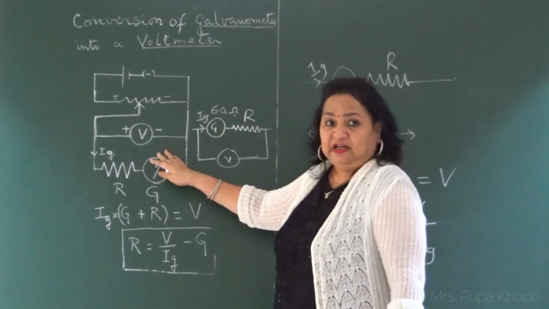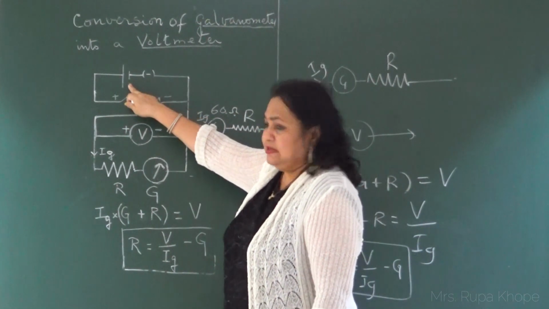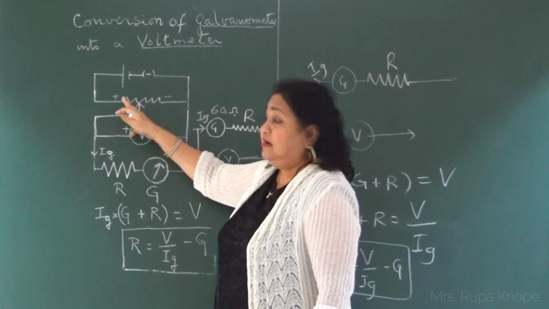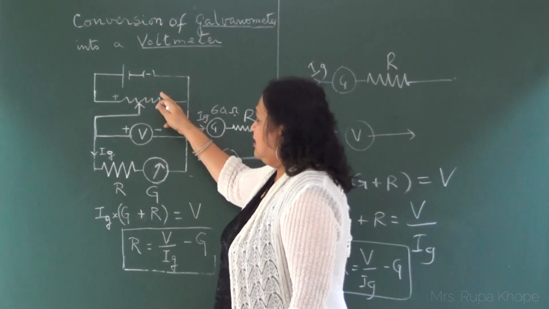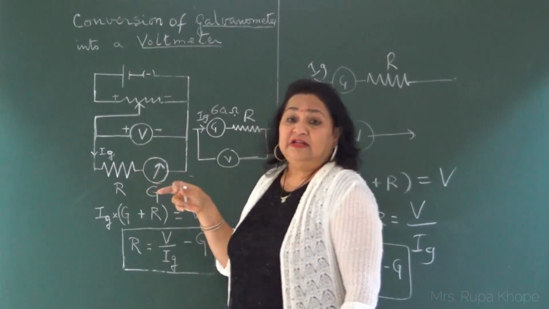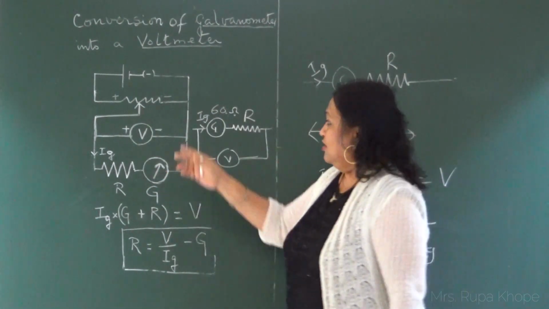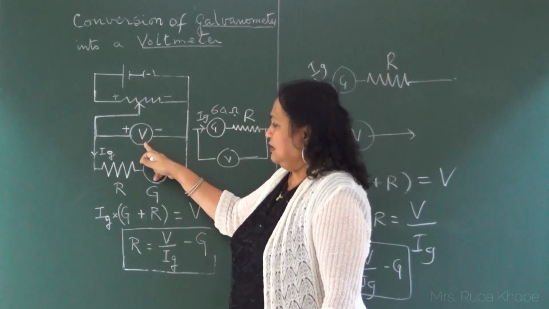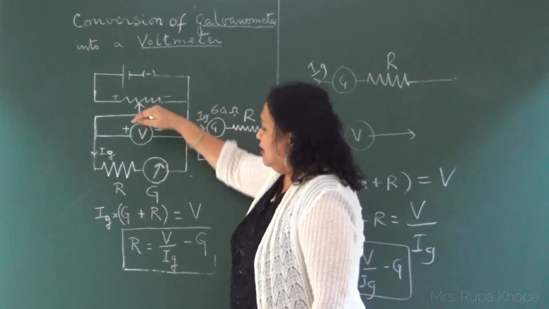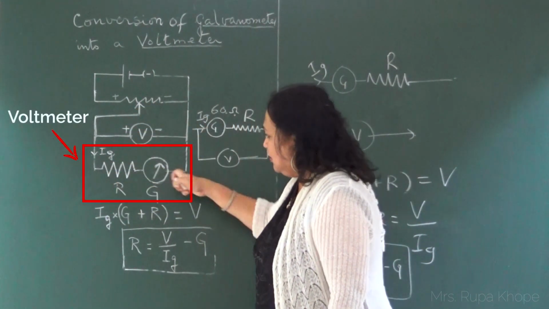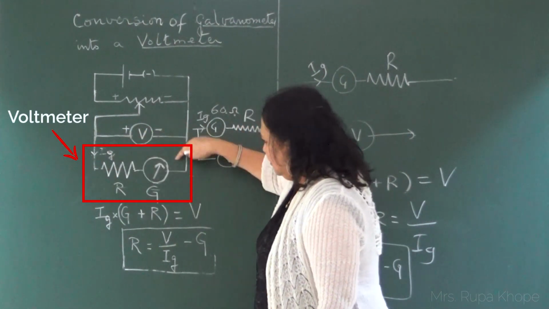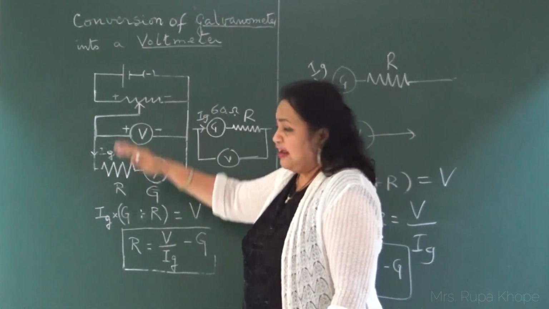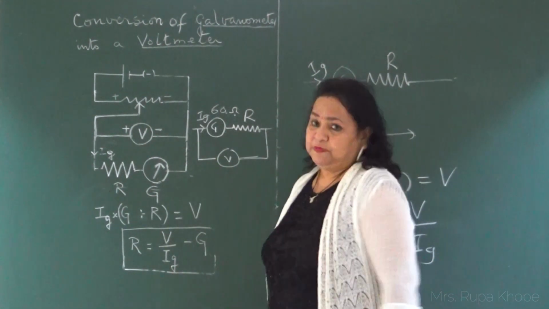But I will explain the circuit first. Here there is a battery eliminator. I'm connecting one end of the battery eliminator to the rheostat, one fixed stand. Then the second one here, another fixed stand. Do you remember this arrangement? It is called the potential divider arrangement. So we are dividing the potential here. Then from here we connect this to the voltmeter, and the voltmeter is again connected here. And this is also another voltmeter, with a resistance connected in series with it. So we will have to make the connections and perform the experiment.